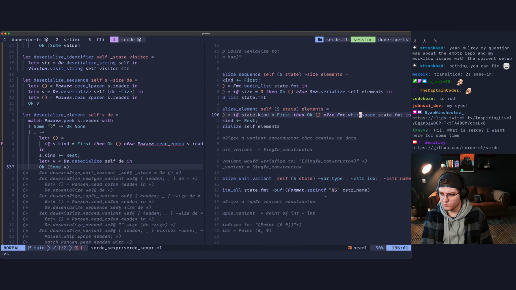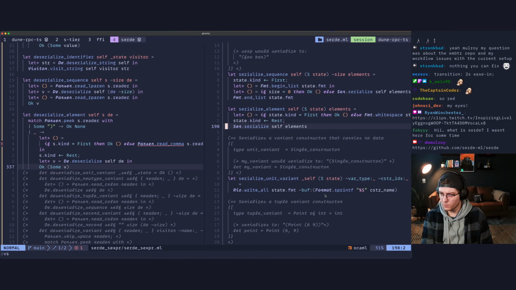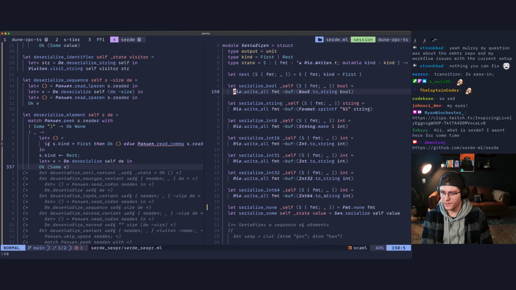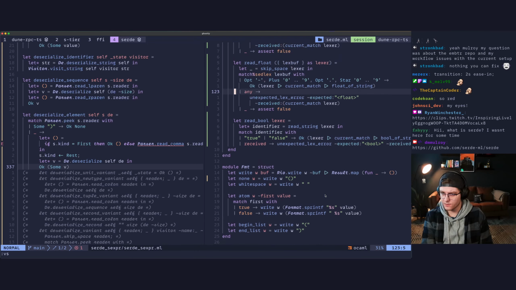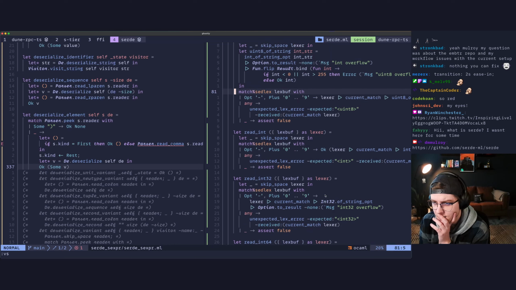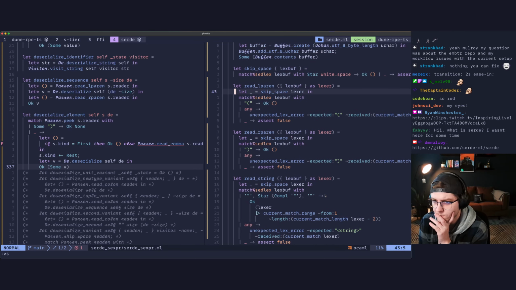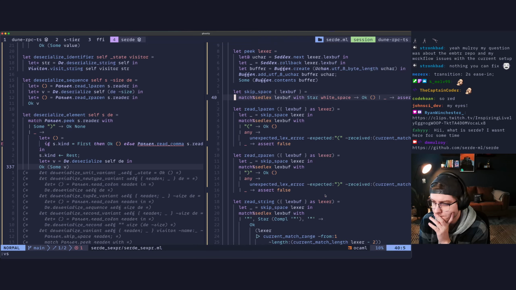So our parser is probably going to need a white space reader, which I think I have. I have a skip white space. But do I have a read? So we probably want a